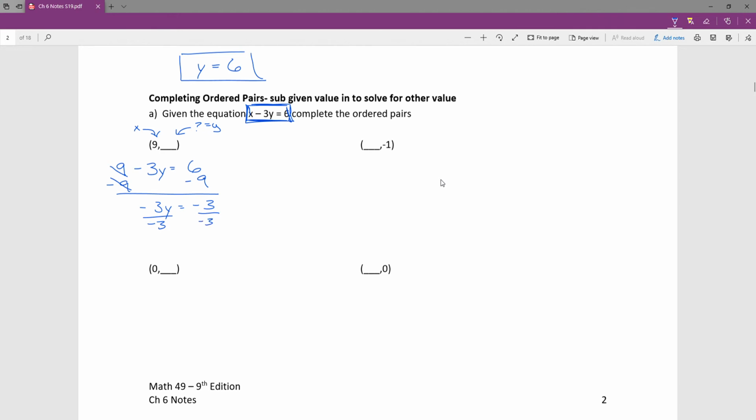So I get a final answer of y equaling 1. And again, with this one, you don't have to rewrite it as an ordered pair. You can just fill in the blank there because that's how the question was given to you. So 9 and 1 is an ordered pair that would be on this line. It is a solution to this linear equation. Doing the next one here,